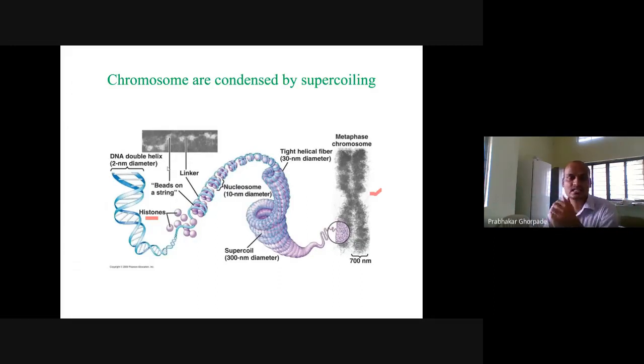Actually, if you see, your cell size is very small, but if you join all the DNA of your body cells, it can go up to the sun, right? Up to the sun's distance. Such a very great length needs supercoiling. That is why this DNA is supercoiled by histones, which help it wind on each other, right? So this is a wound structure, a superhelical structure, a supercoiled structure. That is why the metaphase chromosome is a condensed structure which contains DNA. Now we are going to concentrate more on this DNA double helix structure in our lecture.